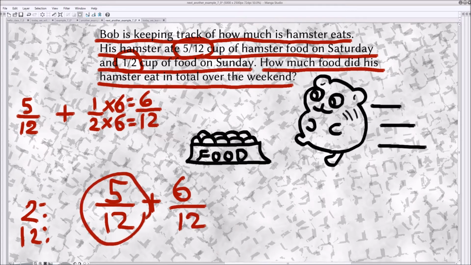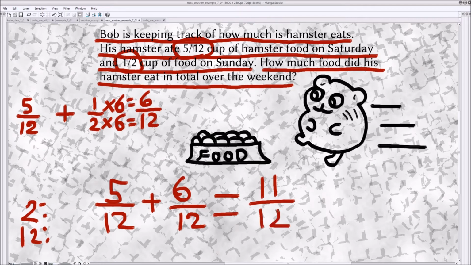So 5 twelfths right here, 6 twelfths right here. We're adding them together. 5 plus 6 equals 11. Remember, we're not adding 12 plus 12 for 24. The 12 stays the same. We do not add the bottom numbers, our denominators, together. We keep them the same. We only add our top numbers, the numerators. And I've said this multiple times, but I just want to make sure that you guys remember it because it's very important. So our answer is 11 twelfths